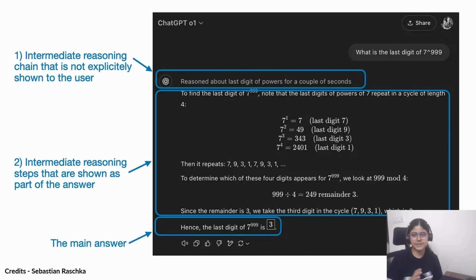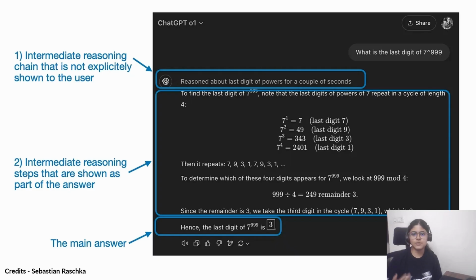So this is a very great example of GPT-o1. Here, the question is, what is the last digit of 7 to the power triple nine? The model tries to learn a pattern: what is 7 to the power 1, 7 to the power 3, 7 to the power 4, and what are the last digits. It sees this pattern of 7, 9, 3, 1 recurring, and thus, by the rule of modulus, it is able to find that for 7 to the power triple nine, it will be 3. So you see, there are intermediate steps here, which make the model come to the final answer.